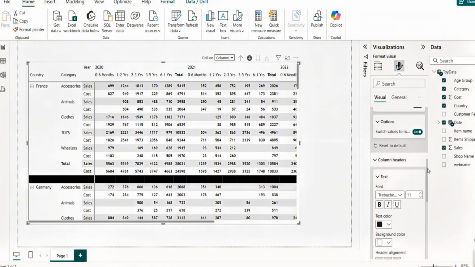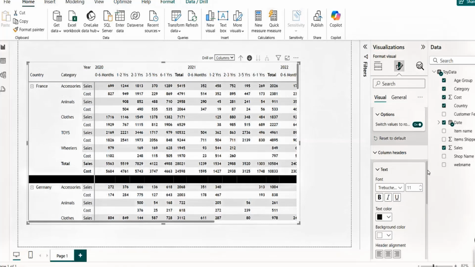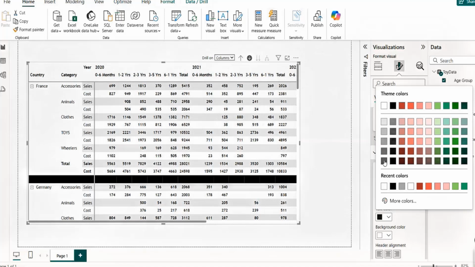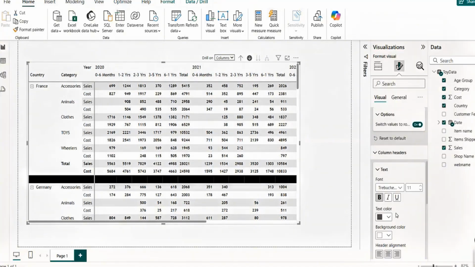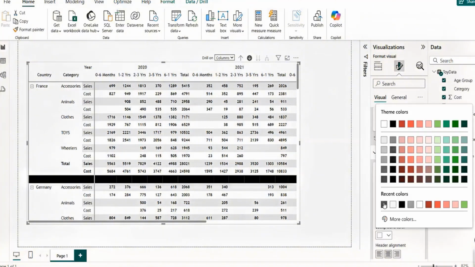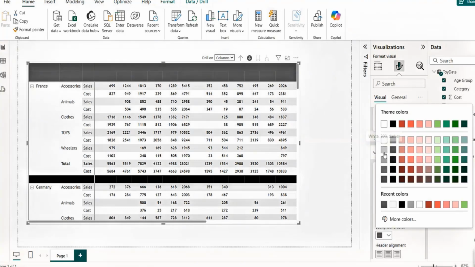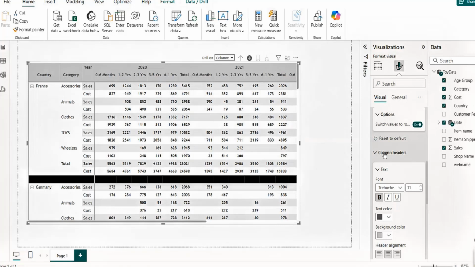According to the position, what exactly you want to show. I'm just giving the example. Column headers, guys, column headers. So all these columns, we like to bold them, right? So I'm just going to bold them and give them some different color. Maybe that's how I use this color. Alignment all in the center. We have already done this part, and I prefer using this background color, yeah, this one maybe. Okay,